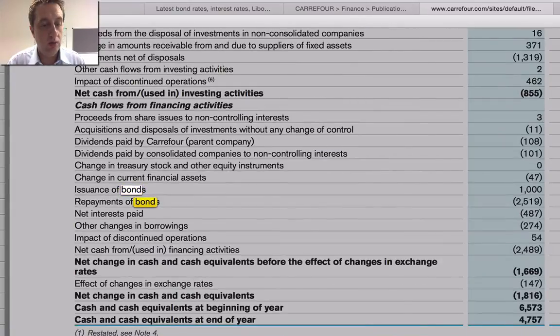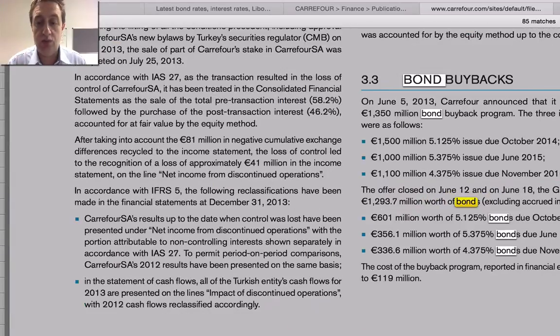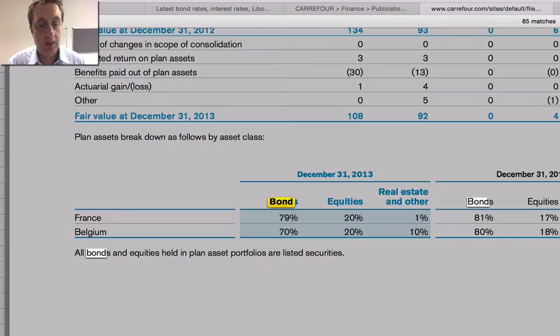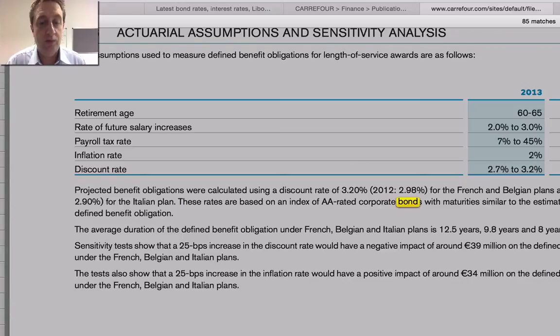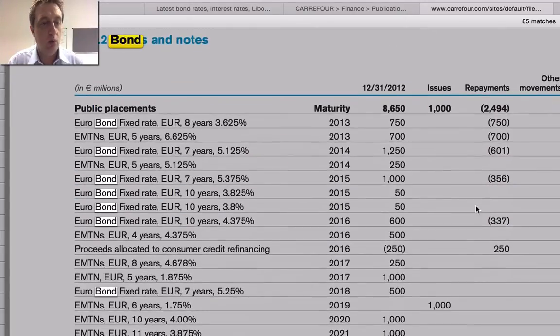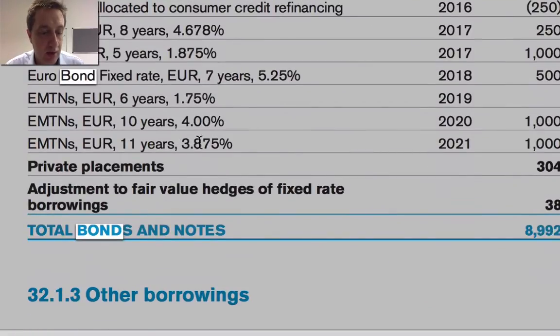If I keep on going through, usually in a set of annual accounts you'll get details of the actual bonds that are issued by a company. It's presented in different ways, but usually you can get some information here. These are some assumptions, but that's for pensions. We've got bonds and notes, so we are getting, there we are. So here we go, bonds and notes, and these are all the different bonds that Carrefour has issued. The more recent ones are towards the end, and I'm seeing here that there's 3.875, 3.875 for